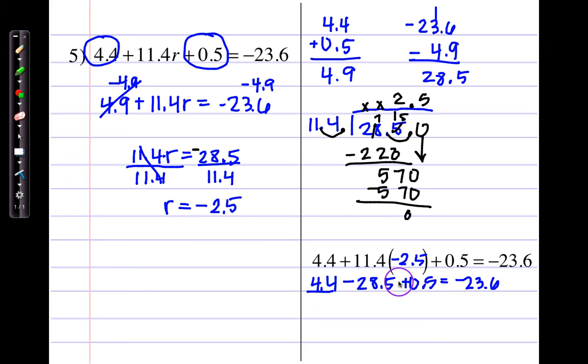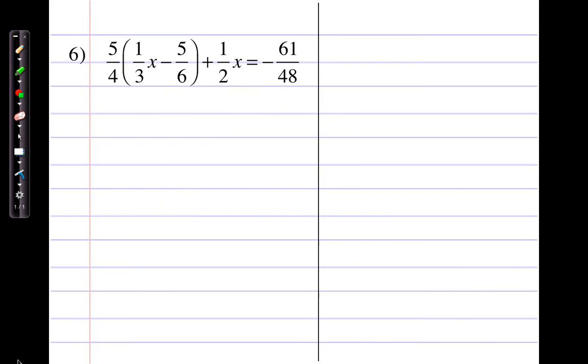I'm going to go ahead and combine the positives, which is going to leave me with 4 and 9/10 minus 28.5 equals negative 23 and 6/10. When I combine these, I'm going to get negative 23 and 6/10 equals negative 23 and 6/10. That means it's correct. For our next example, here, hopefully your brain tells you that we're going to have to